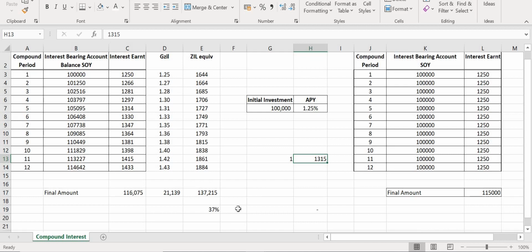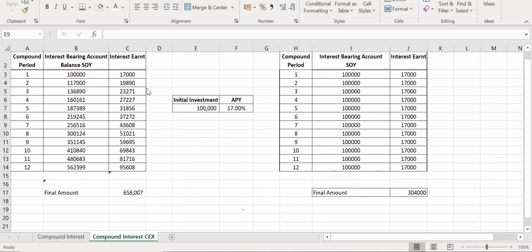So now we're going to take a look at what this number looks like doing it on cx.io. We can compare and contrast. So here I have my calculator back again, and this time we're looking at the cx.io equivalent. So as we know, cx.io give you 17% APY on your staked ZIL. However, no GZIL. So we're going to do the calculation again based on the CX model, cx.io. So what we need to do is we have the 17% APY, but we're going to calculate the